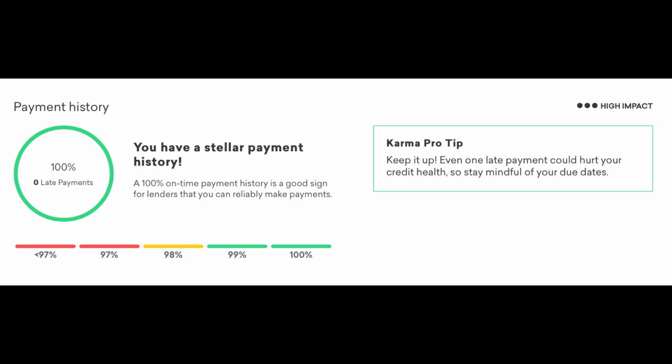For some reason, people think that they can just buy stuff with credit cards and pay it back later. Don't ever look at credit cards as a loan or an ability to buy something that you cannot afford. Once you miss a payment or you're unable to pay, your payment history is going to go down and it is going to be hard to get it back. And also another thing to expect is once you mess up one time, it is impossible to achieve the 100%